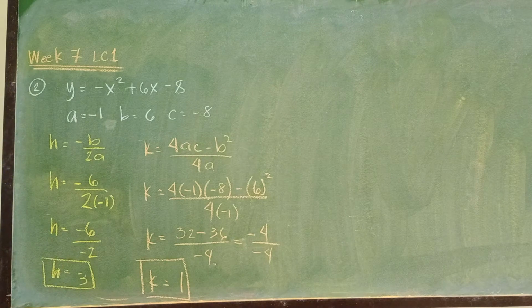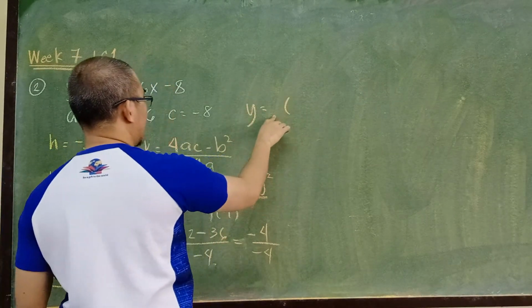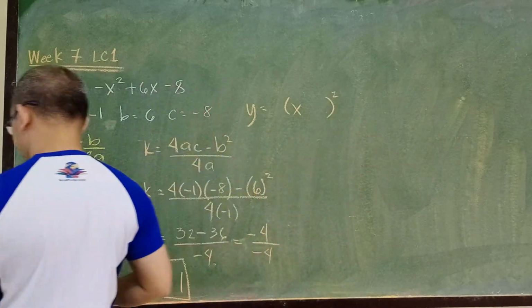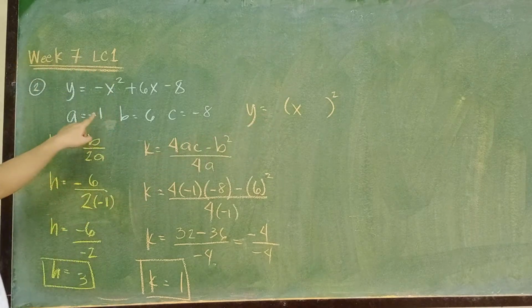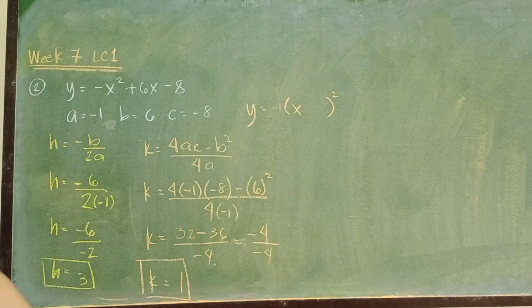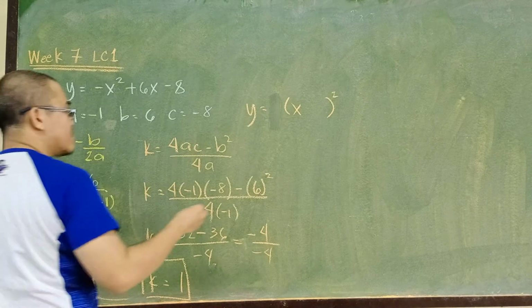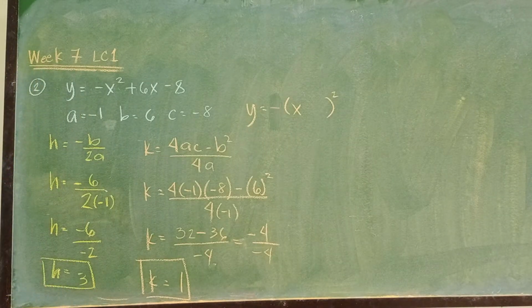So kung i-construct na natin yung vertex form, anong kailangan natin? Kailangan natin ng value sa A, value sa H, at saka yung K. So, yung A natin, this is negative 1. Or simply, negative sign na lang. Pag 1 ay nakalagay doon, pwede mo nang ilagay yung 1, number 1. Negative sign na lang. Next, yung H, which is